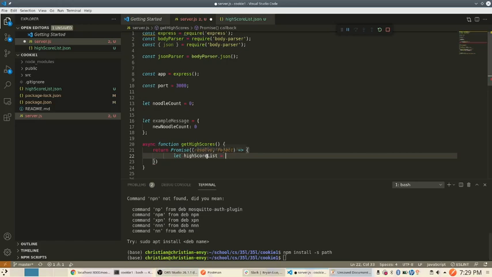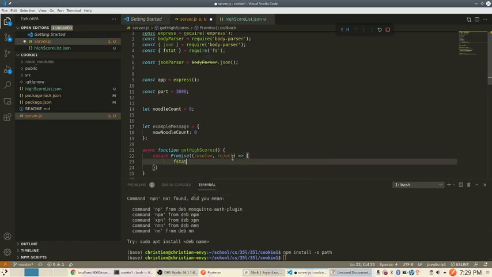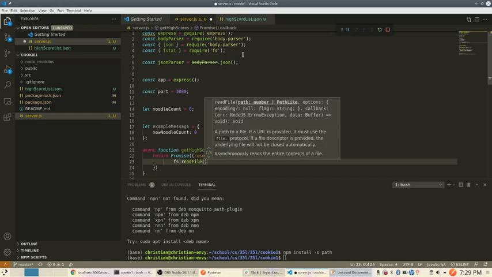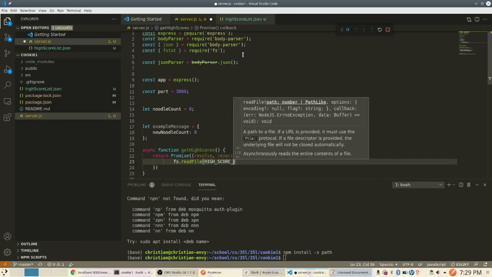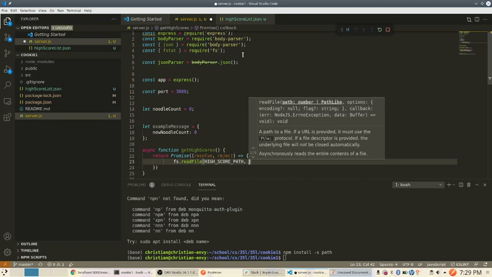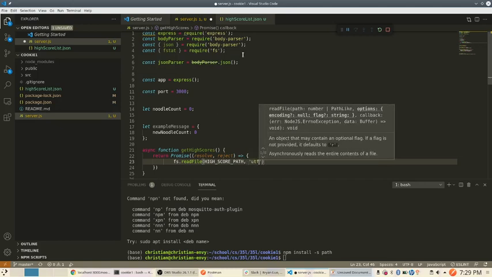I need a double dictionary. Yeah, this will be good. Let's say fs, file system, dot read file. What we want to do is have a path, high score path, and then we're reading in the UTF-8